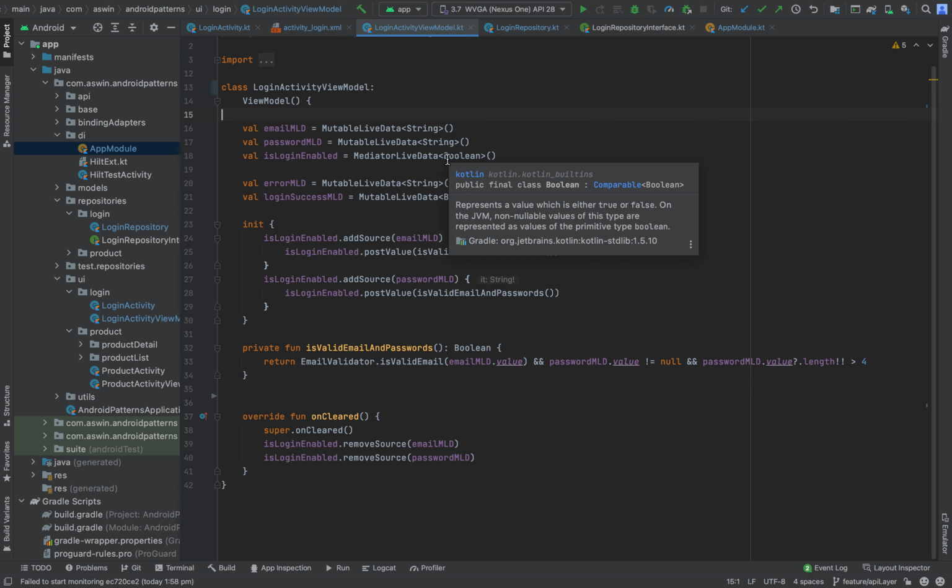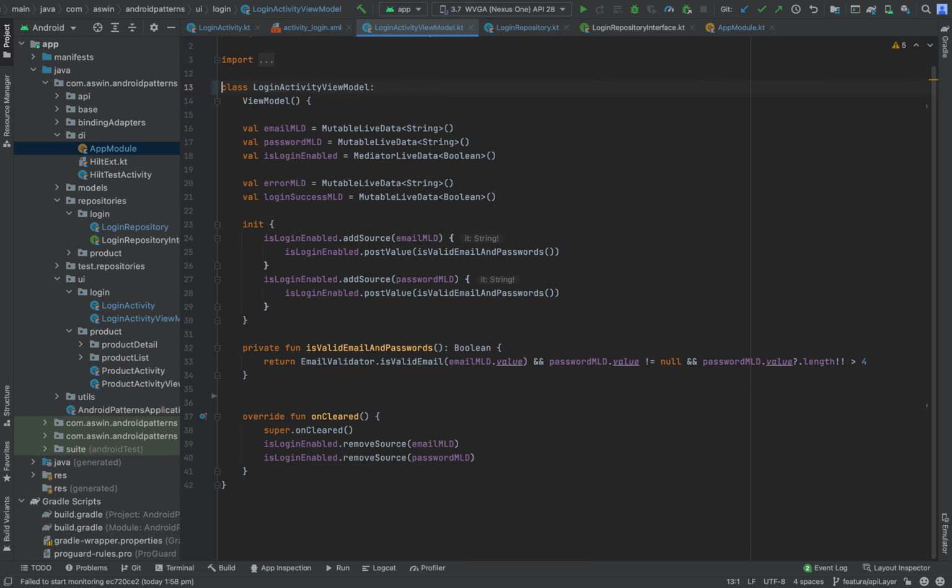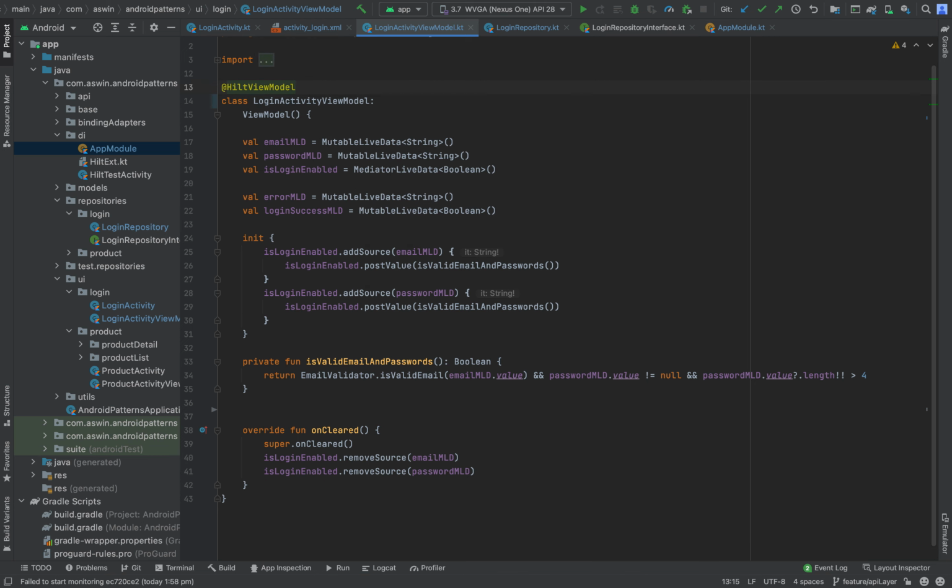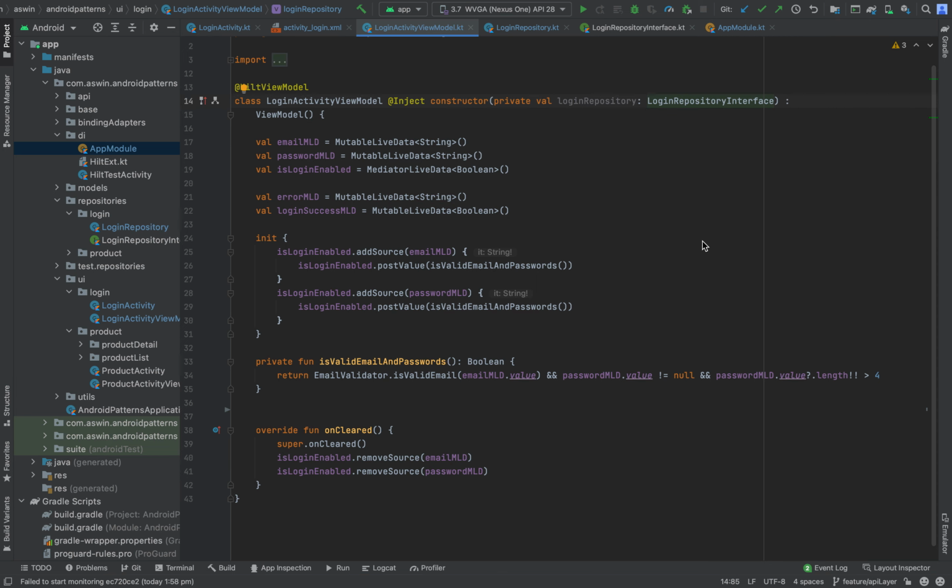First, in the view model, we have to annotate it with @HiltViewModel to let HILT know this view model requires dependencies. Next, we need to inject the login repository via constructor. As you can see, the type of the parameter is login repository interface instead of login repository.